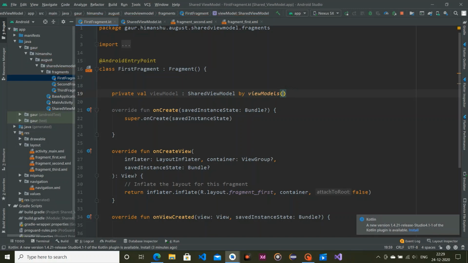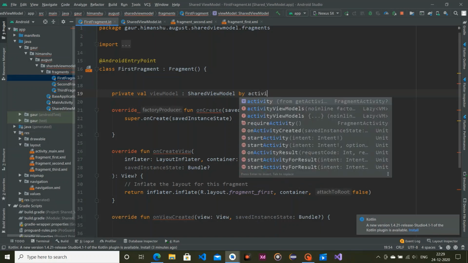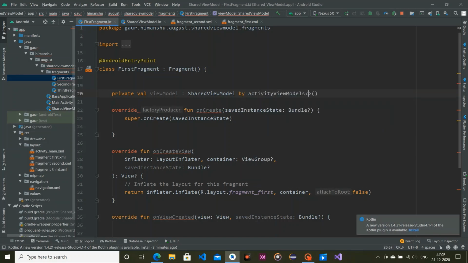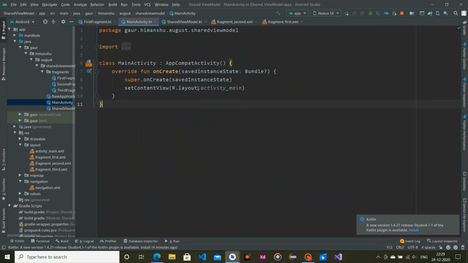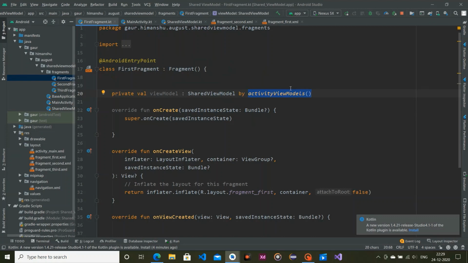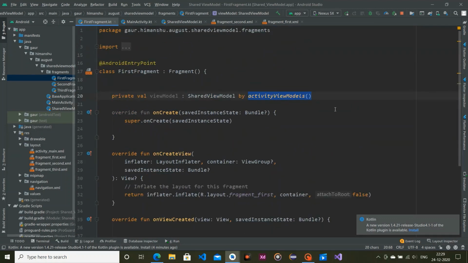Okay, but now when you want to share this particular view model across the fragments, you do not use this viewModels delegate. Instead you use activityViewModels. This view model will actually live until our activity is destroyed. But in case of viewModels, the view model will only live until our fragment lives. So that's the difference between these two.